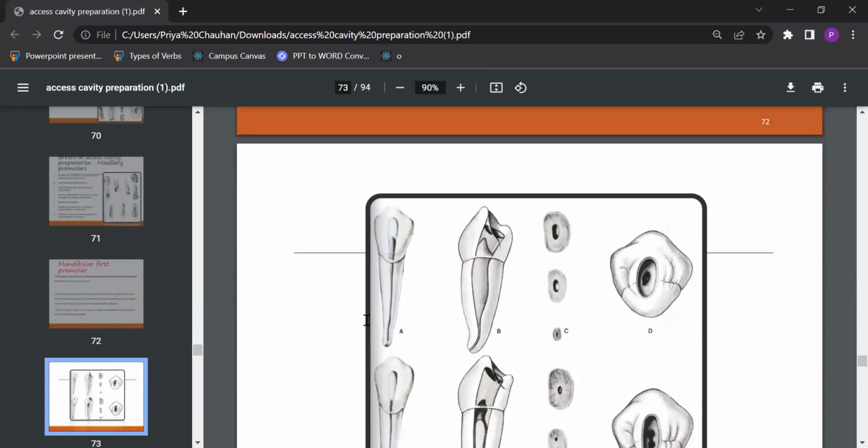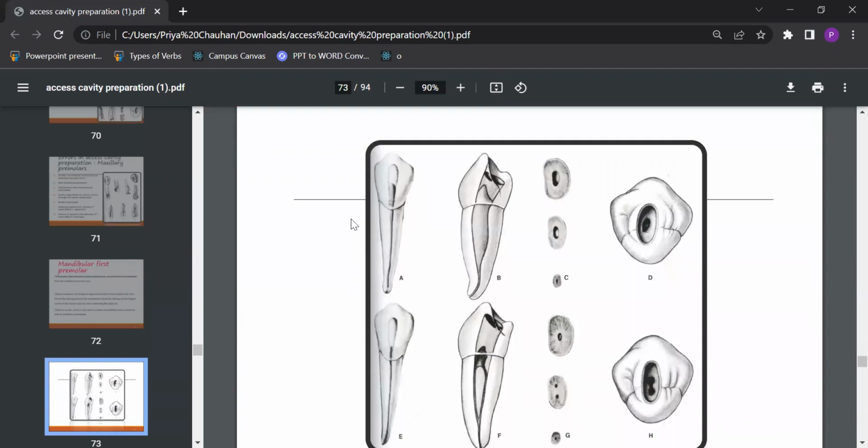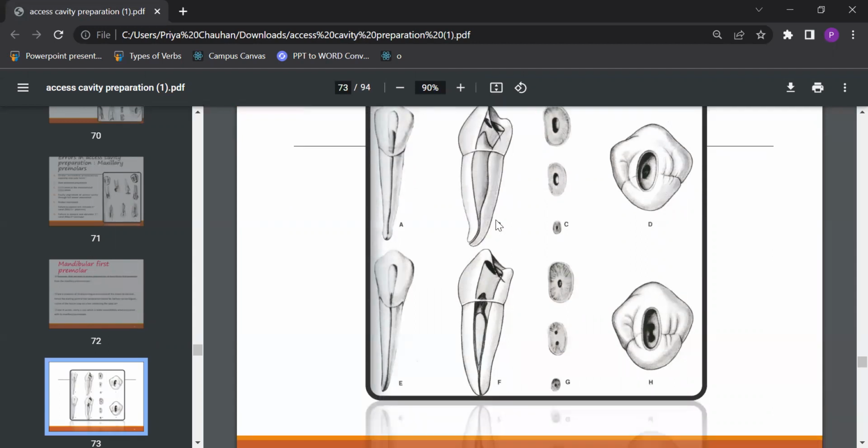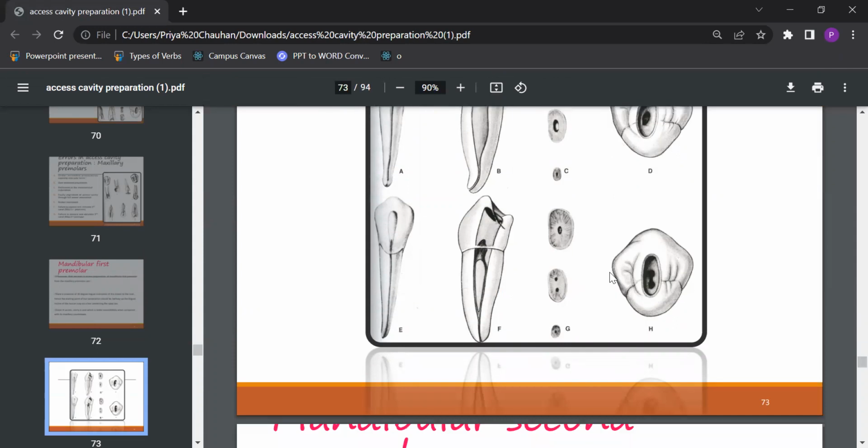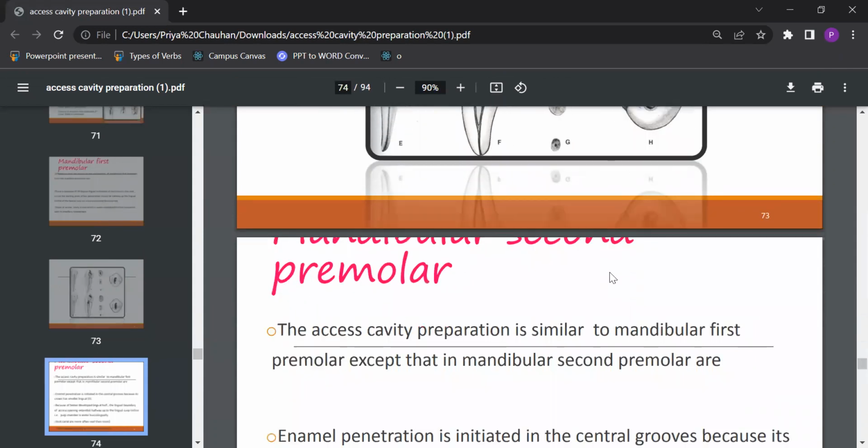See the mandibular premolar. Single canal here. It is easier than the maxillary premolar. So, this one. If two canals are present, that is very rare in mandibular premolars, having two canals is very rare. Then comes